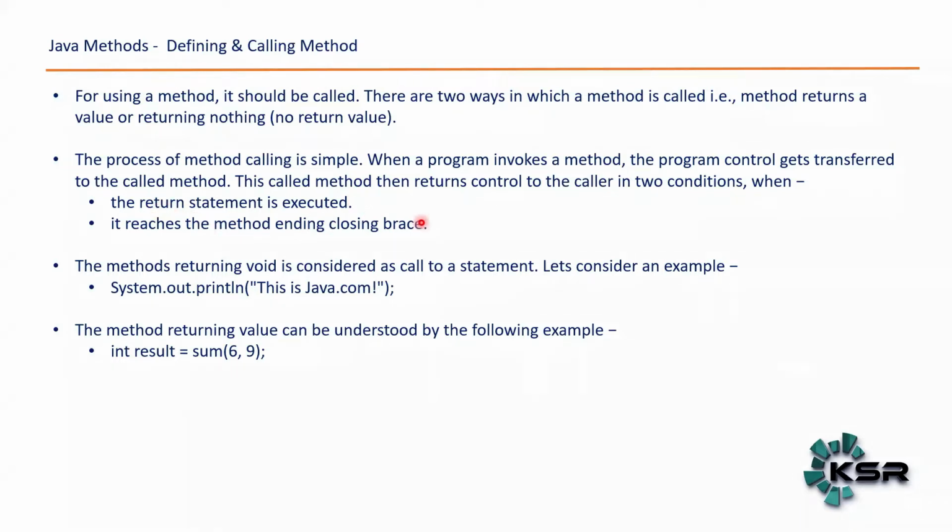The return statement will be executed when it reaches the method's ending closing brace, right? Within the opening and closing braces, we do it. So a method returning void is considered a call to a statement. Okay, so for example here,